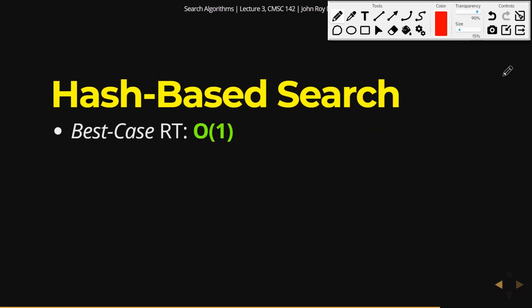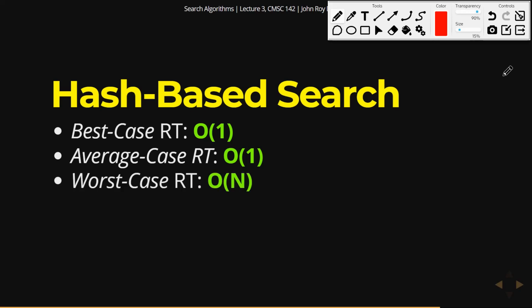Okay, so for the running time, best case is O of 1 if the list is empty, or if the item is easily found, maybe it's the first item on the linked list, so that's good. Average case is also O of 1 because it usually takes constant time to traverse a linked list in the index, especially if it's fairly small. But the worst case is O of n, and again, this is dependent on the quality of the hash function, because maybe